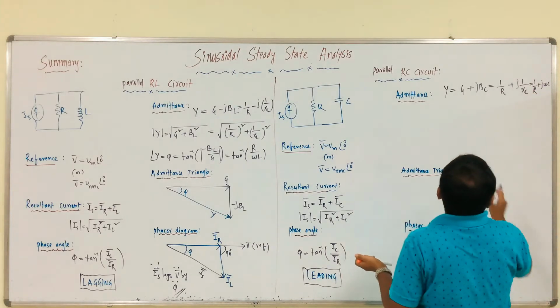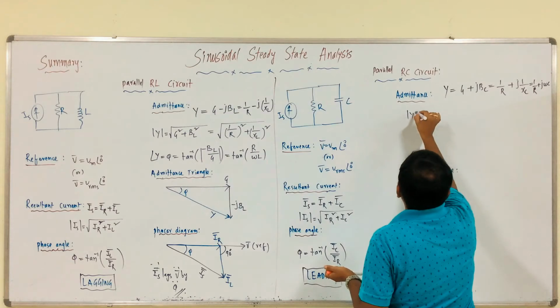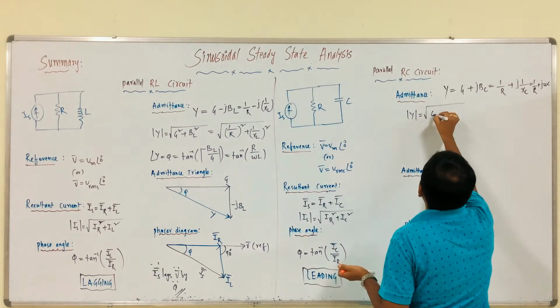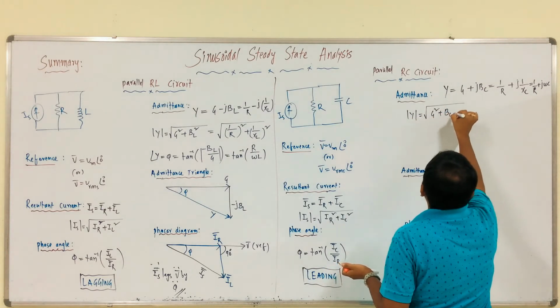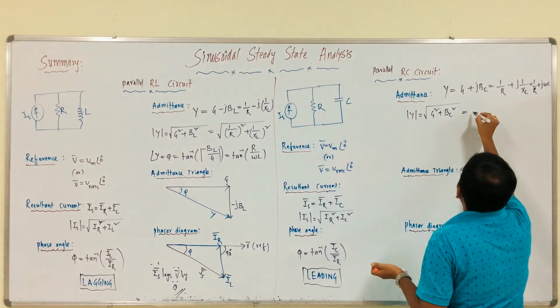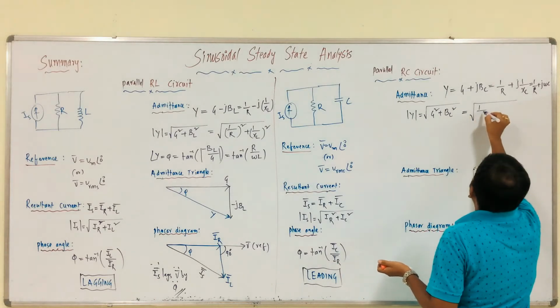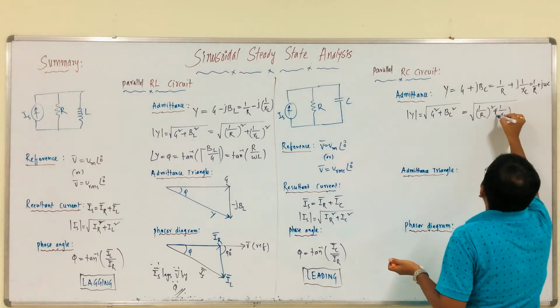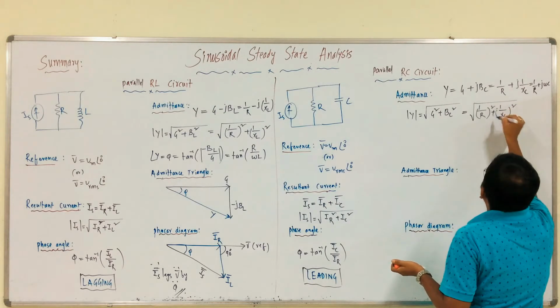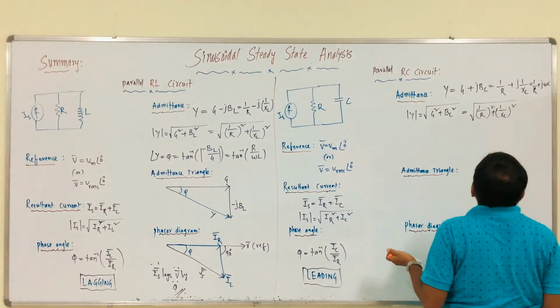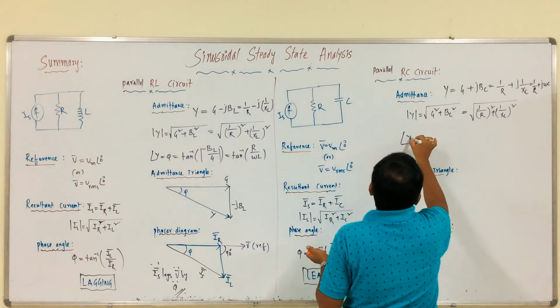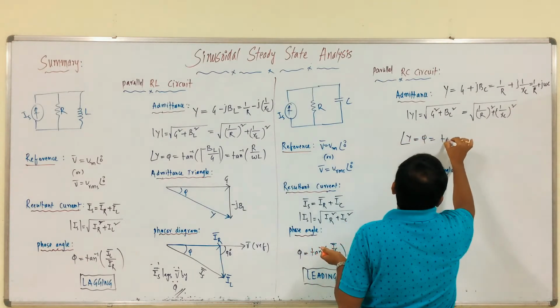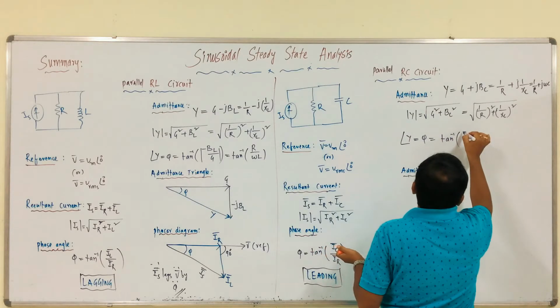Clear? So mod Y is equal to square root of G square plus BC square, which is equal to 1 by R whole square plus 1 by XC whole square, right? Therefore, the angle of Y is nothing but phi, which is equal to tan inverse mod